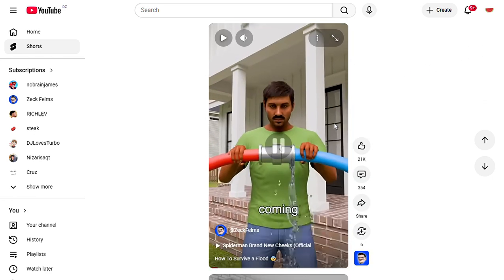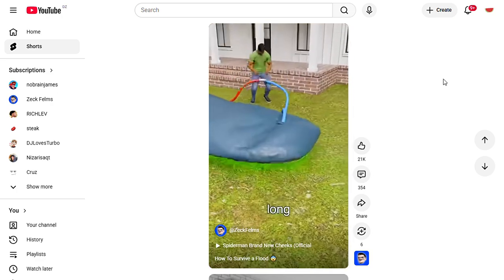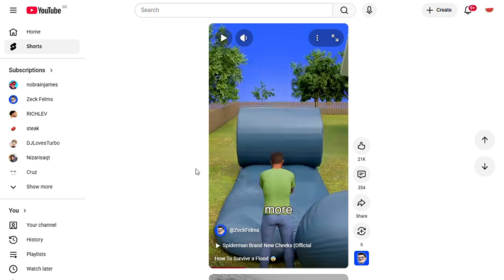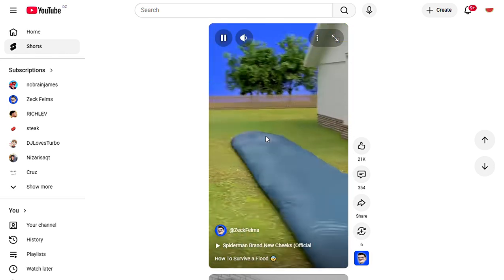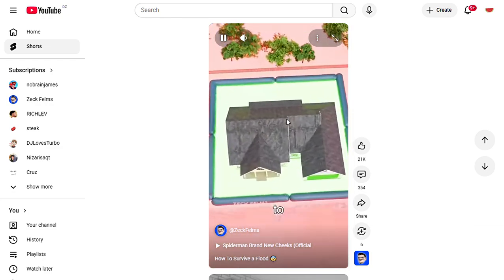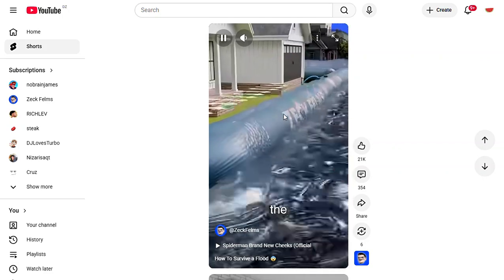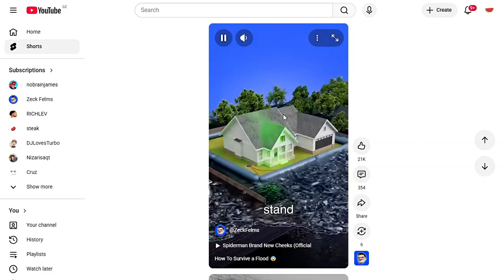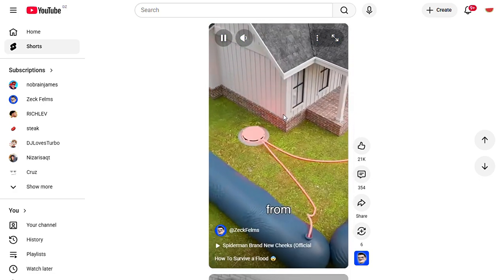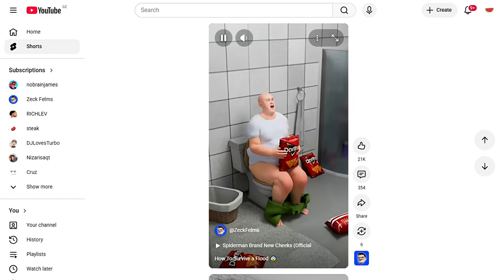If a flood is coming to your neighborhood, use long pipes with water in your front yard and add more tubes until your entire house is surrounded, making it impossible for water to flow. And as the water rushes into the neighborhood, your house will stand still. But don't forget to disconnect the tubes from the sewer tap, because when a...